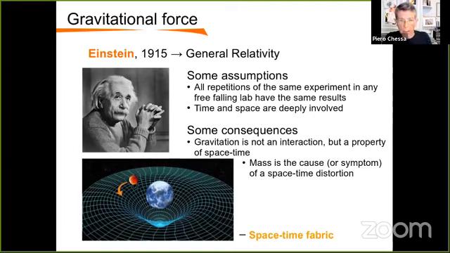And we usually picture this idea like this. Think of a grid like here in this picture at the bottom of my page. This grid represents, I warn you, a 2D space, because we have no fourth spatial dimension to represent distortion of the 3D space. So think of a two-dimensional space which is flat if no mass is in it. But when a mass is in a 2D space, this 2D space gets distorted. Close to the mass you have higher distortion. Far from the mass you have smaller distortion. And this